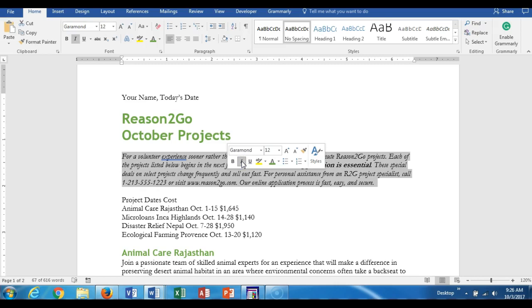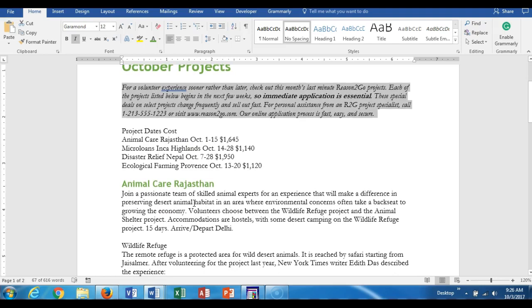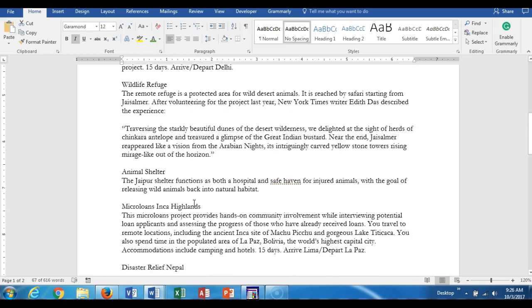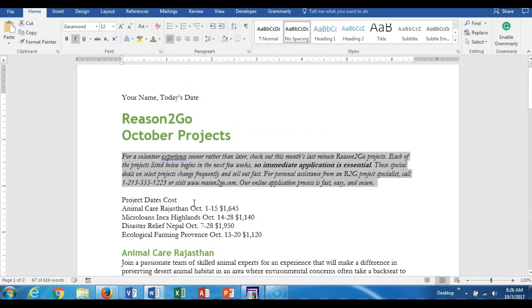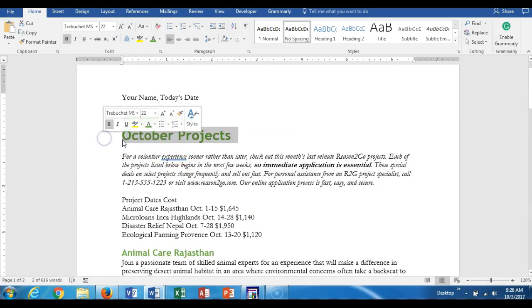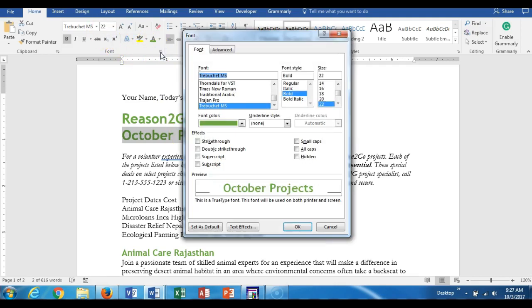Next, I want to select the October projects. So let me look for the word October projects. Where is this located? Oh, it's right above, there we go. So they just want the October projects. So we select October projects, and we are going to open up the dialog box launcher because they want us to do something special. So from here, they want us to scroll down and make it a size 48, so